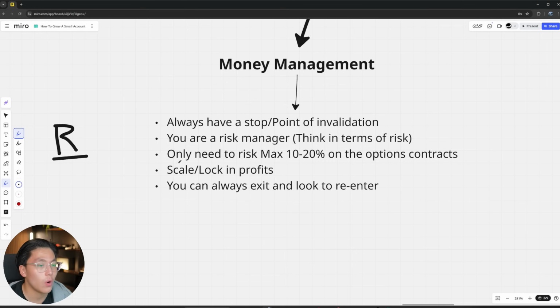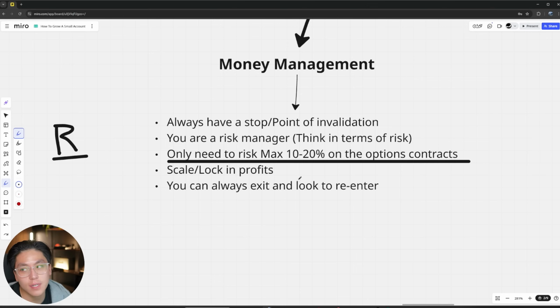Number 3, only risk a max of 10 to 20% on our positions when trading options. Of course, this doesn't apply if you don't trade options, but if you do, the max is 10 to 20%. It's different when you're swing trading because you're going to have to risk more. But specifically when you're trading the break and retest in your day trading, you only need to risk a max of 10 to 20% to know if your trade thesis is going to be correct. Number 4,